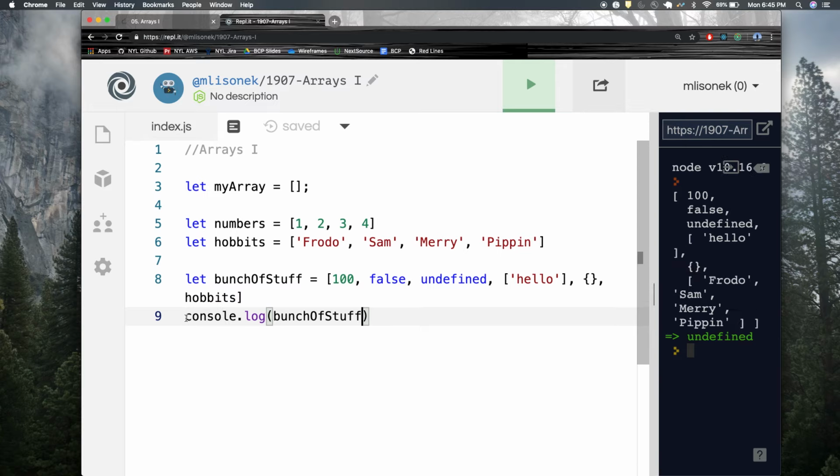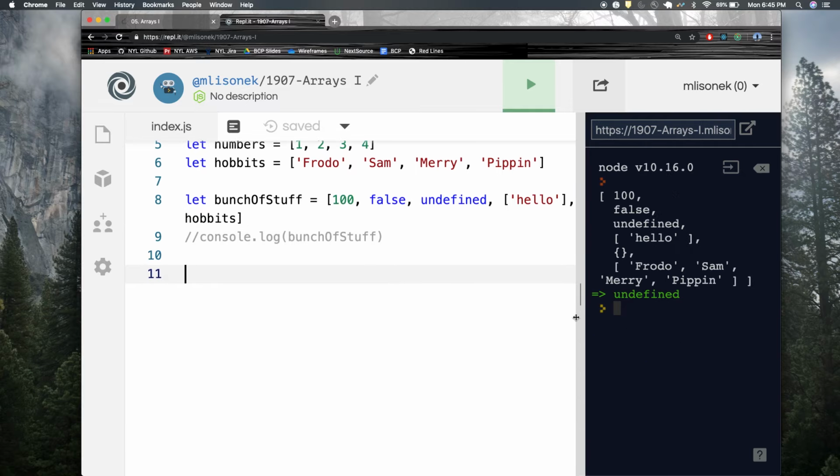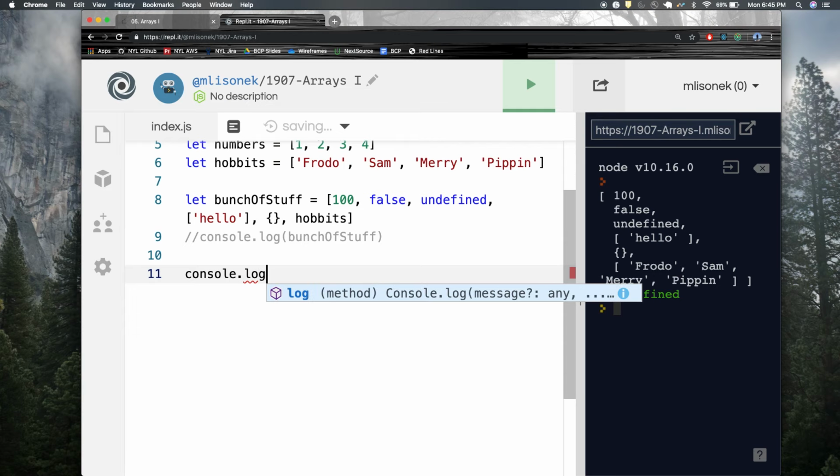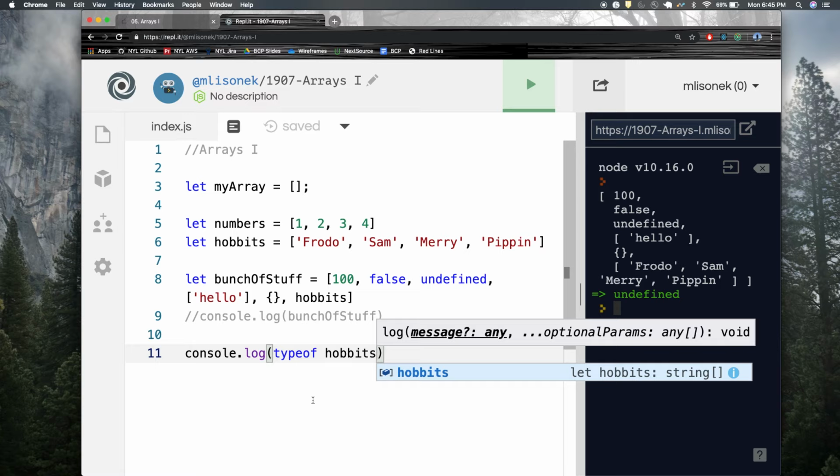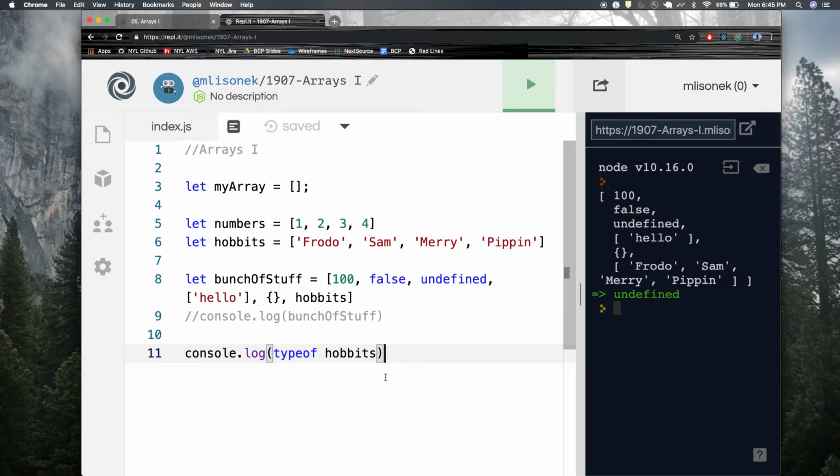So, if I say console.log type of hobbits. Hobbits is Frodo, Sam, Merry, and Pippin, right? So what is it going to be in the console? It is going to be object. So this is a little confusing. Arrays are actually objects, okay? So we could put object literals with the curly braces and arrays with the square brackets are clearly different things,